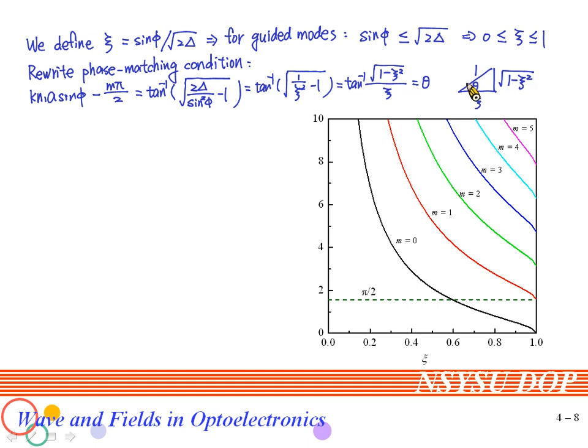Okay, so for the same value of theta, it can also be written as arcsine C. So this equation can be rewritten as